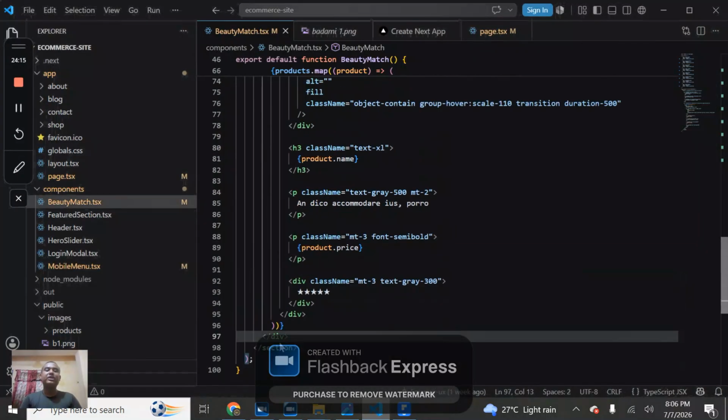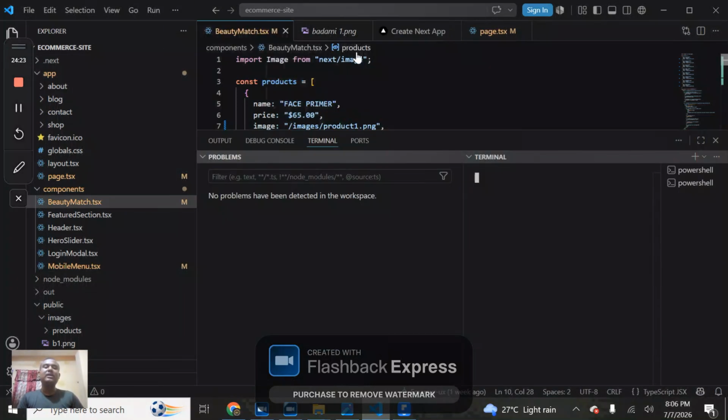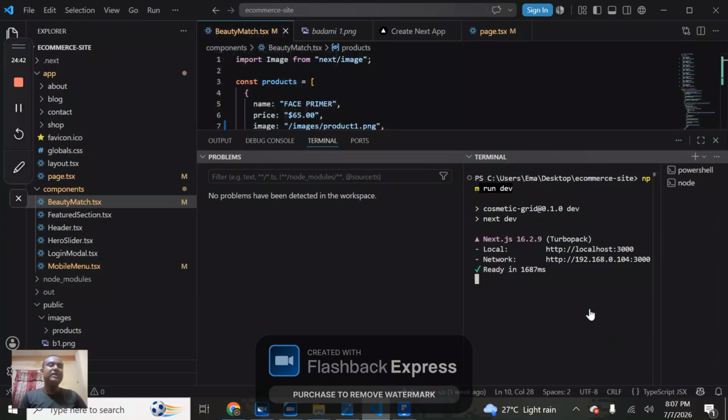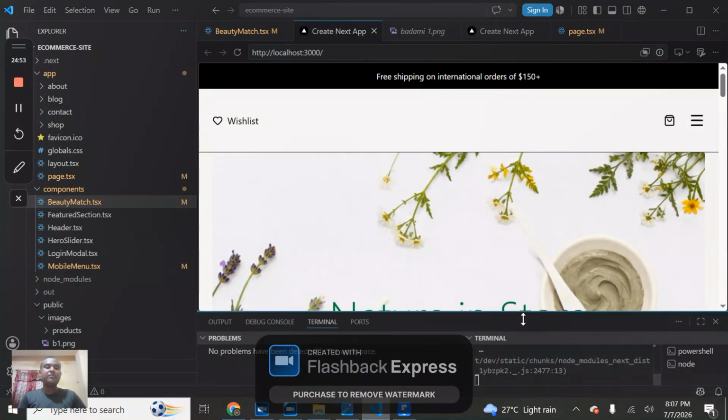So that's it for today. Our product cards are ready. We haven't shown the product cards yet, so we will simply go to the terminal and open a new terminal. We can see that our terminal has opened. We will simply write npm run dev. After that we will press enter. Then we will press Control and click with the mouse. We can see that our output has come in VS Code.